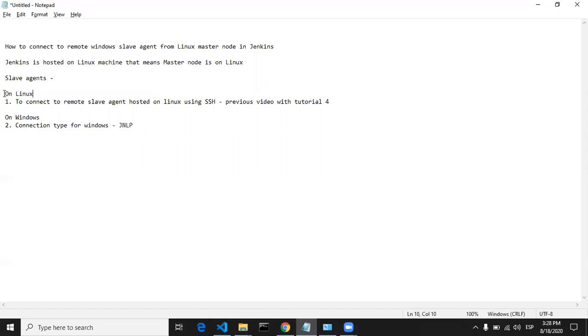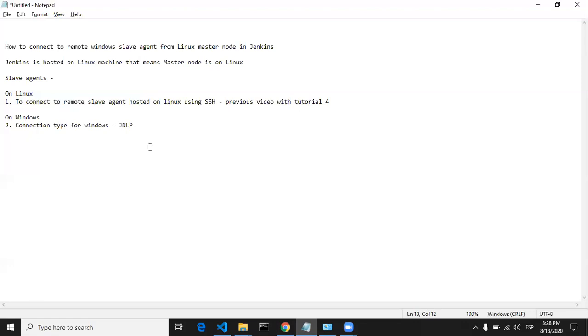Say you want to host your slave agent on Linux, then you can connect to the remote slave agent hosted on Linux using SSH. To see how to do that connection using SSH, you can check my previous video, tutorial 4. In today's demo, we are going to see how to host slave agents on Windows and how to connect those remote Windows slave agents using the master node, which is already residing in Linux.